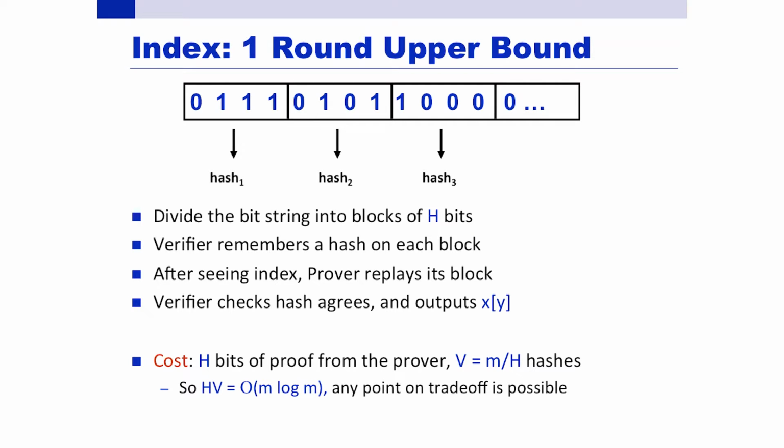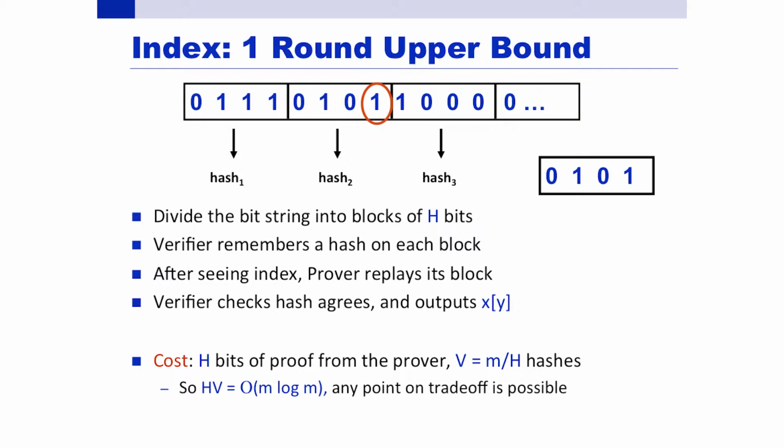The verifier is doing this blocking, keeping hashes. At some point then we say, oh, I want to know which bit this was. I don't remember anything about this block apart from the hash on it, so I'm going to need some help here. So the prover helpfully or unhelpfully tells me some sequence of bits. And the verifier then has to check, well, do I believe that this sequence of bits that's claimed corresponds to